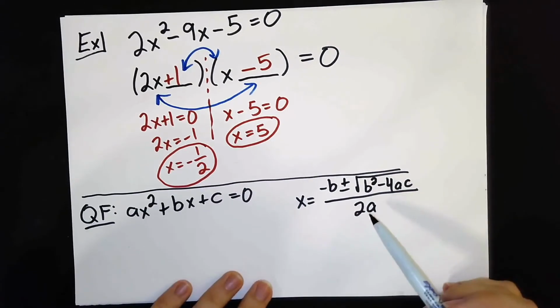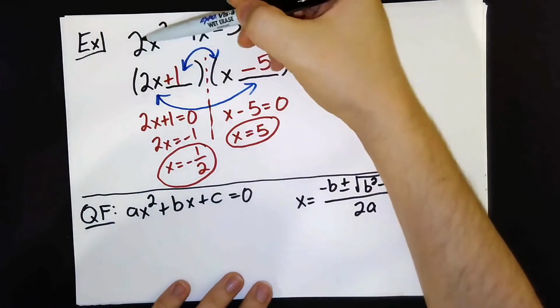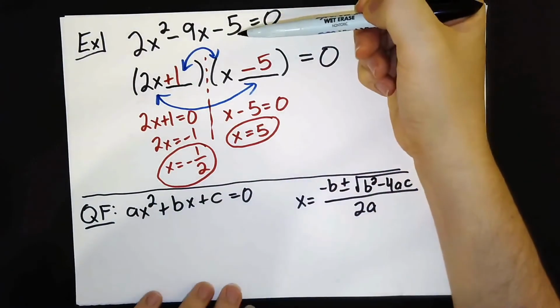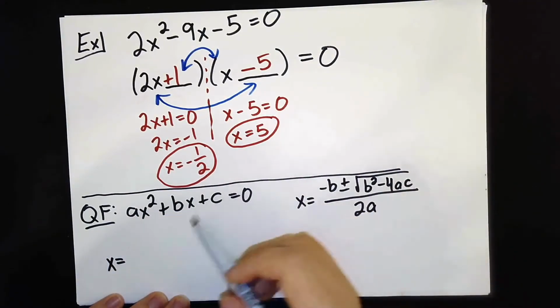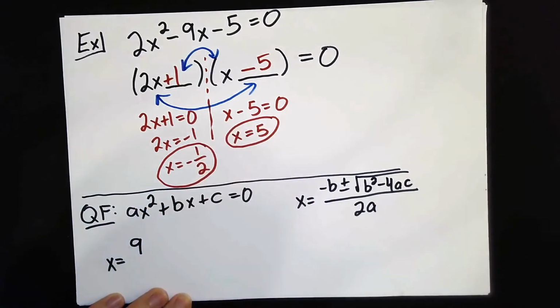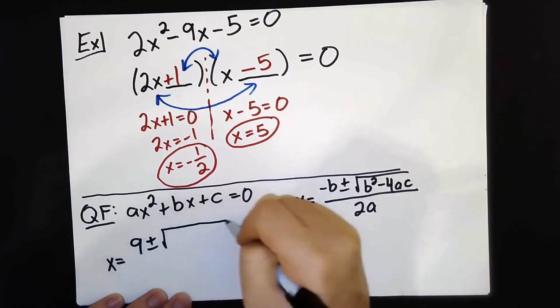And so here, if I want to use the quadratic formula, a is 2, b is minus 9, c is minus 5. So I would get x equals, opposite b would be 9, because minus minus 9 is plus 9, plus or minus the square root